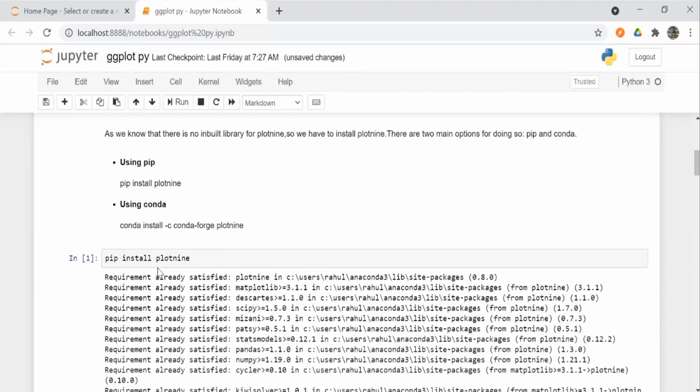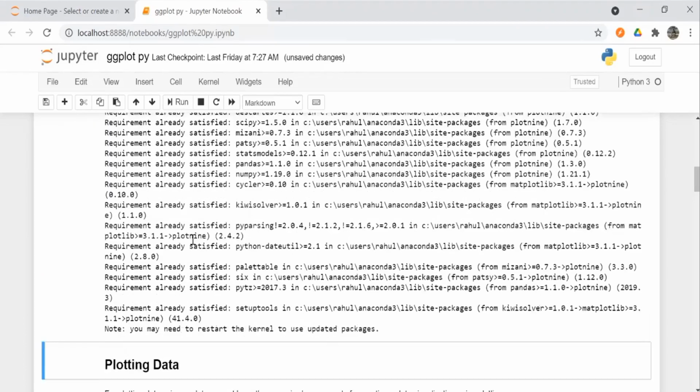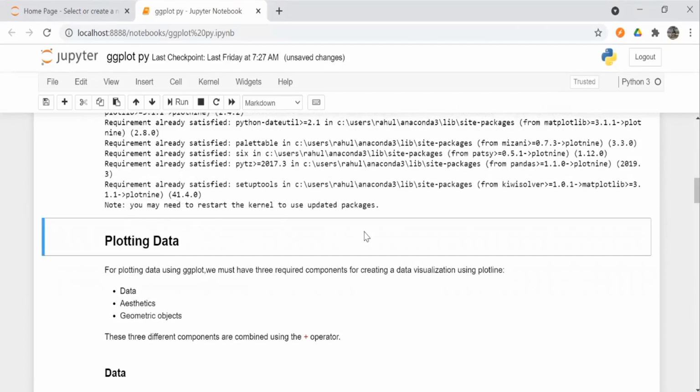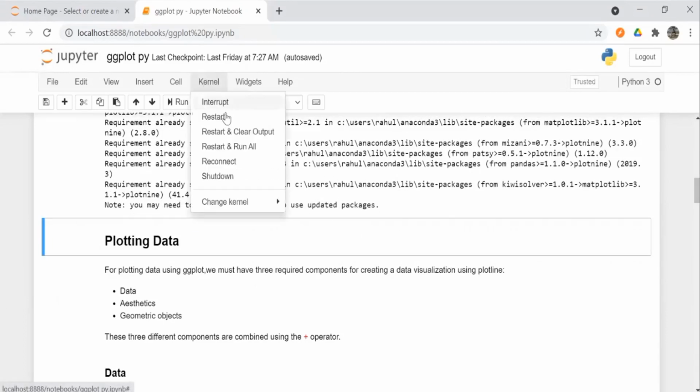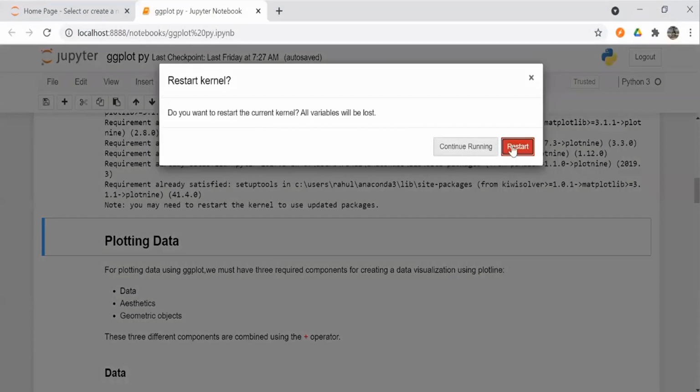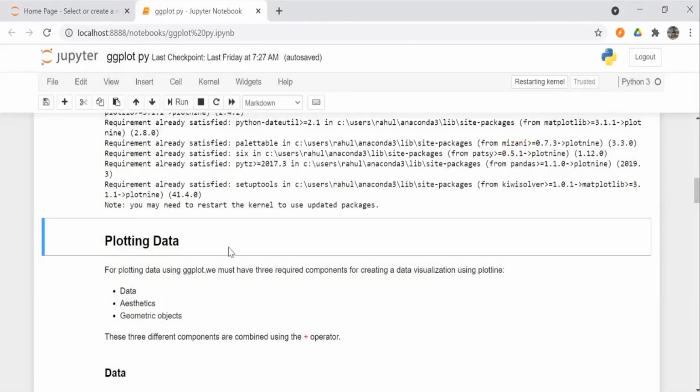Yeah, see, it's installed. Now we need to restart the kernel. Okay, so I'm restarting.